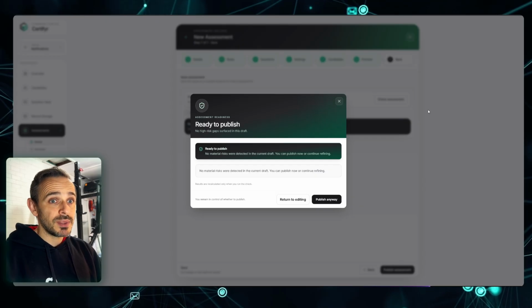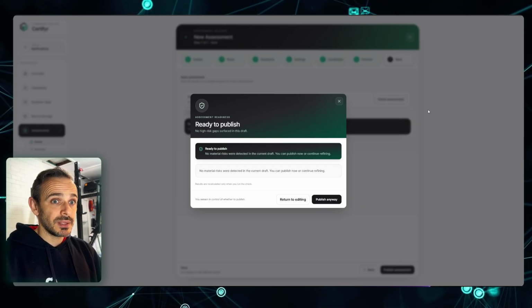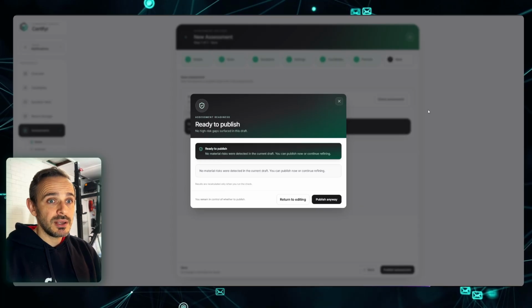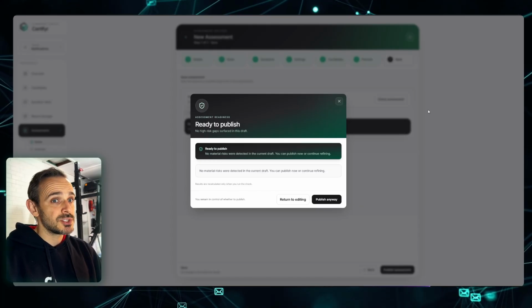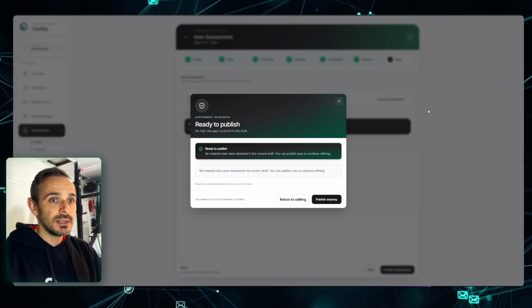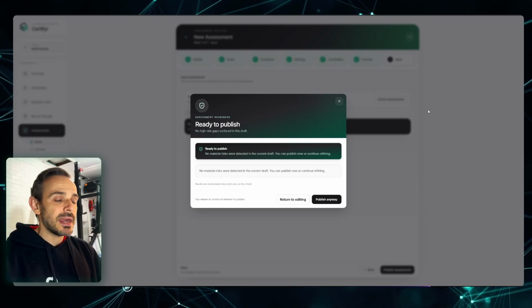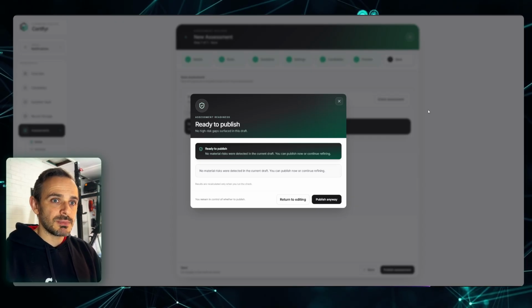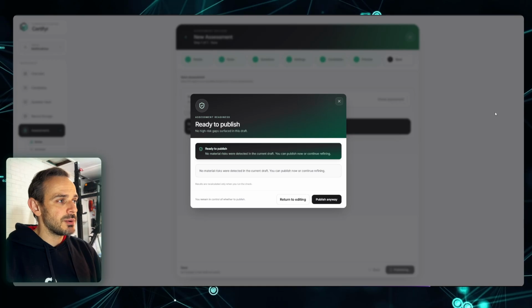So if you're still happy with how the exam has come out in the assessment builder, you can publish it anyway. You don't need to return to editing. It's not going to stop you doing anything at all. It's merely just an extra set of eyes on the assessment that you've created. So if I publish anyway,